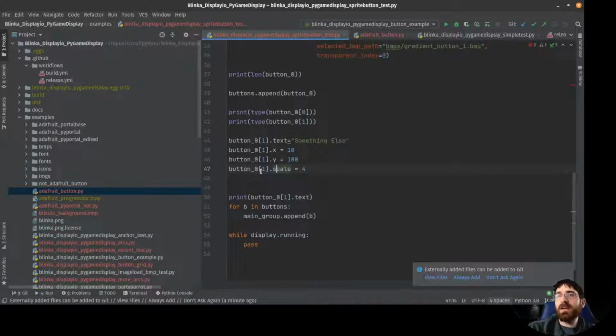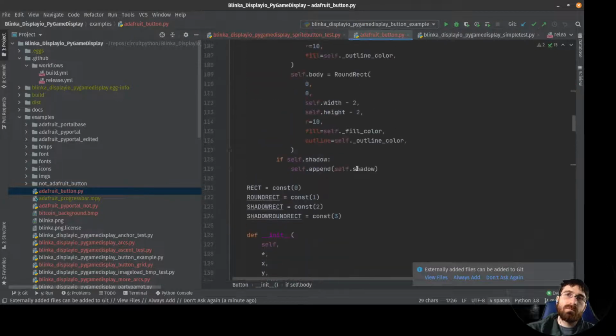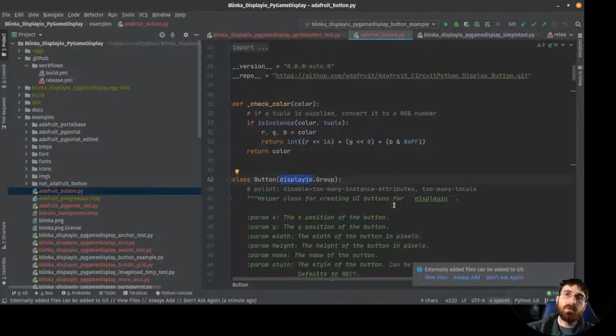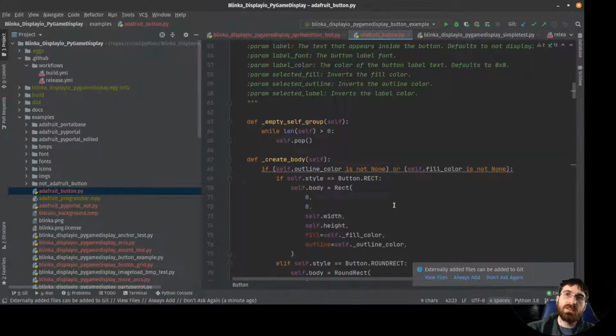So if that were not giving us back our label, then presumably it wouldn't have all of these, especially text. This extended group, which is what button base extends now,